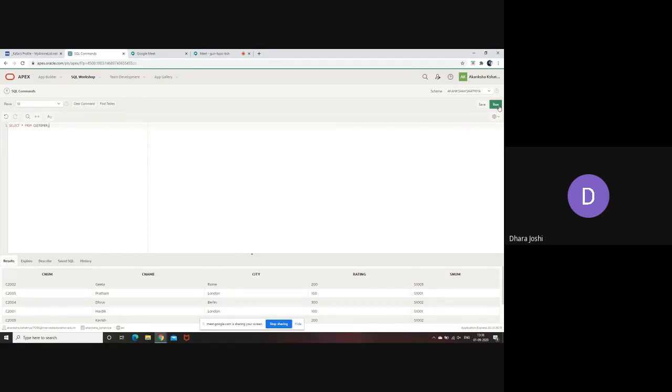Good. And now you can show the order table. Okay, it is visible properly. Good. You have done it perfectly.